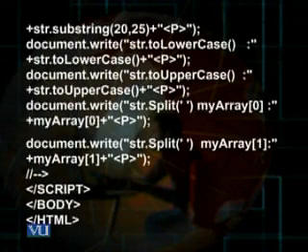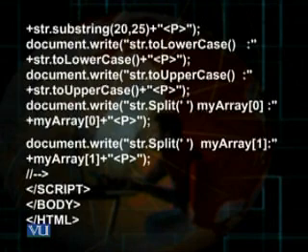In the next document dot write string dot split my array 1. Then I concatenate my array 1 plus paragraph. That means that the value on the first index of this instance of array, my array, that value should be displayed. And at the index 1, the value is. You remember that I had split this string on the basis of blank spaces, and I had assigned its words as value to the array instance.